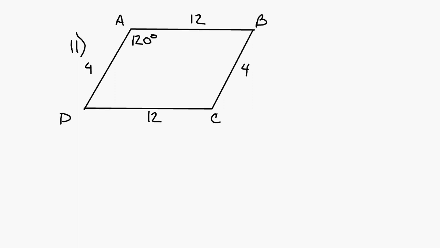It's a parallelogram, and opposite angles are congruent. So that means that this angle down here is 120. Consecutive angles are supplementary, so this angle has to be 60. Here's the picture you really got based on the information that they gave you. So now,